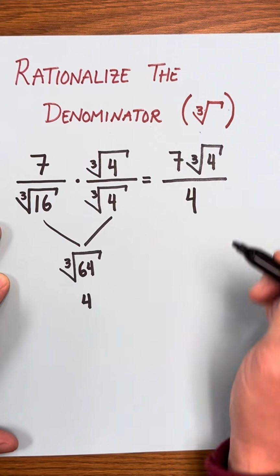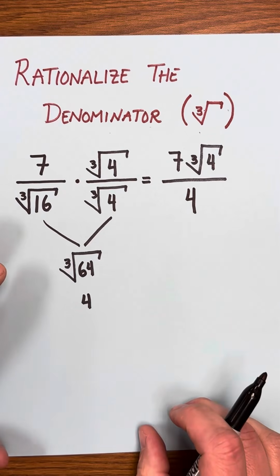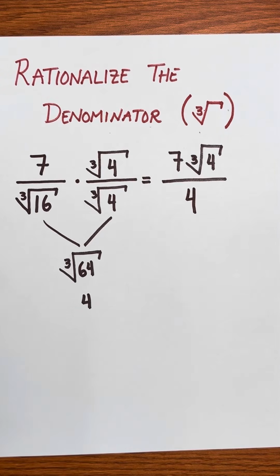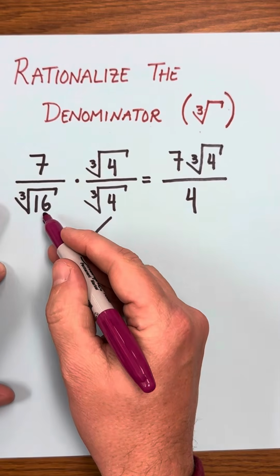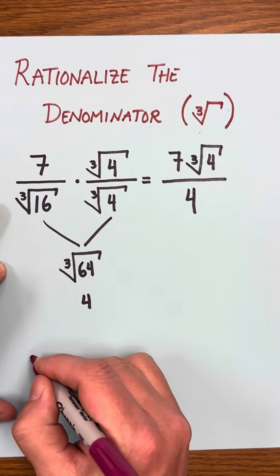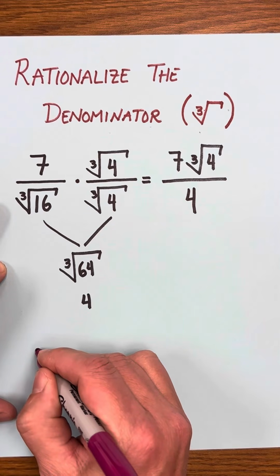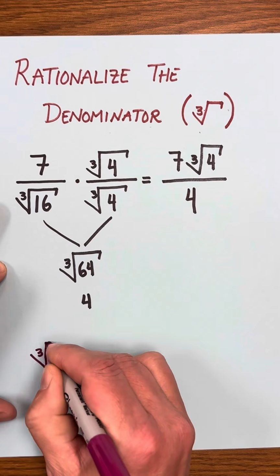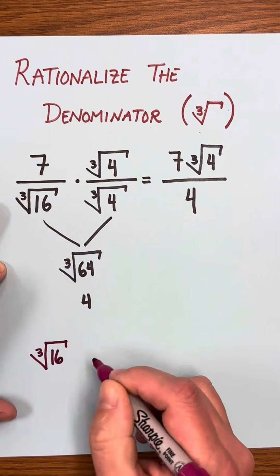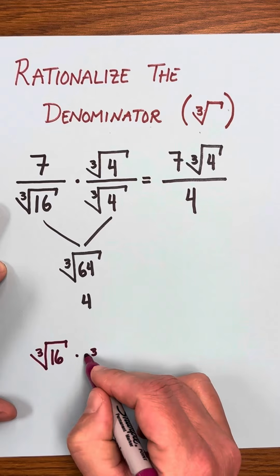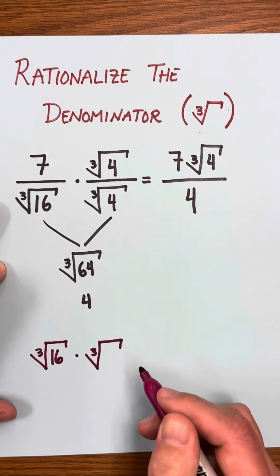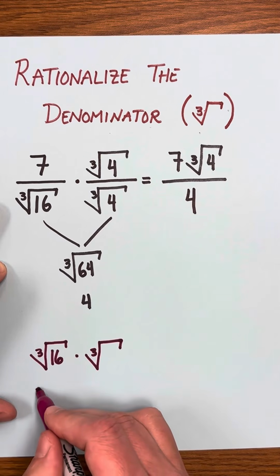so divided by 4. Now, another way to figure out what to multiply by, let's talk about that real quick. It might be helpful to see 16. Let's write it down here. If I had the cube root of 16, and I'm trying to figure out what to multiply that by, it might be helpful to think of 16